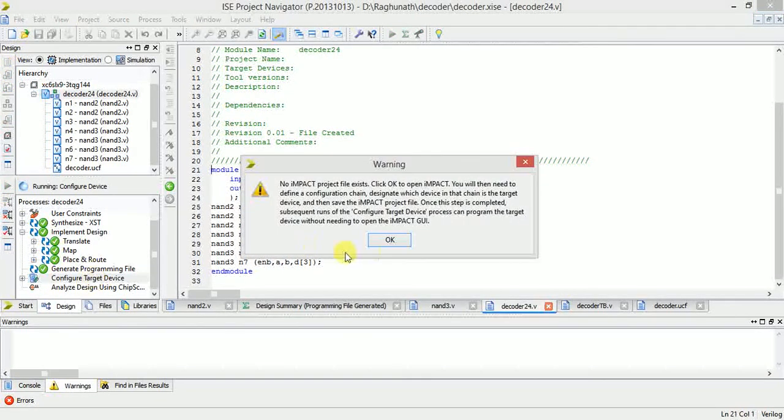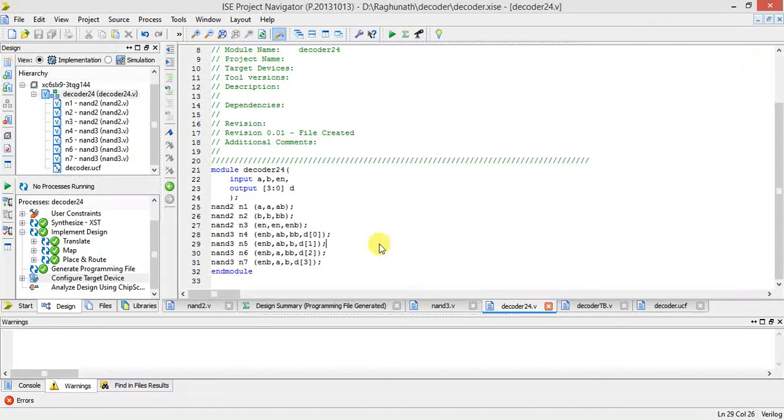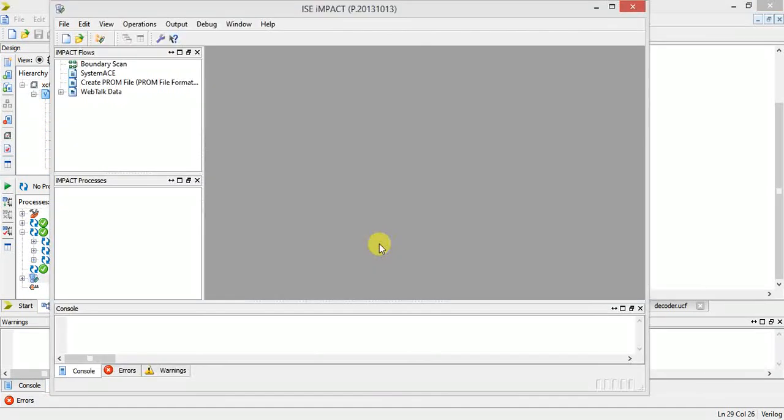If you double click this, it will show no impact. Since I have not connected to the kit, I think it will give an error, but the remaining steps are shown in another video, you can check it there. You have to click this launch wizard button. If the cable and everything is correct, you will get two devices. The first one you have to bypass. The second one is loaded with your actual file. If you want, you can check it in your folder; that bit file will be there. You have to download it to the kit.